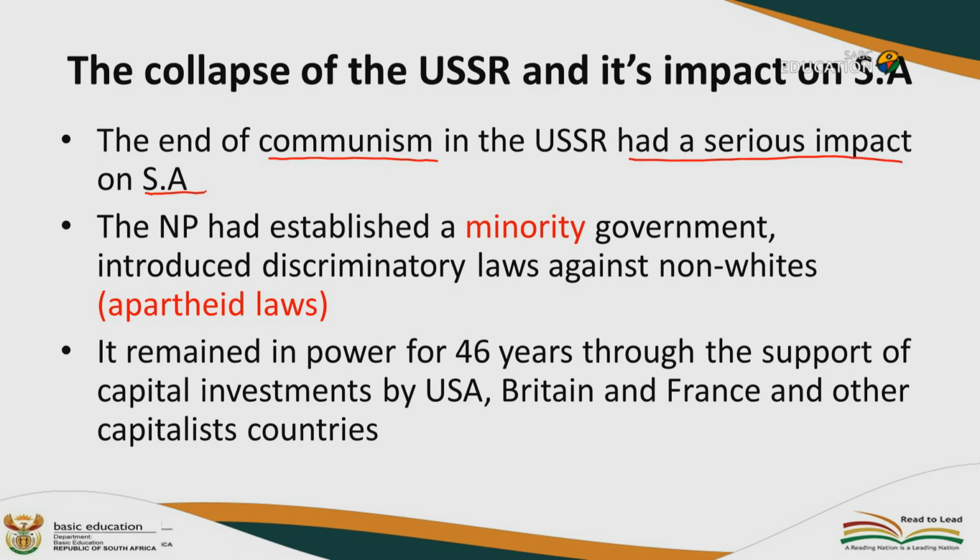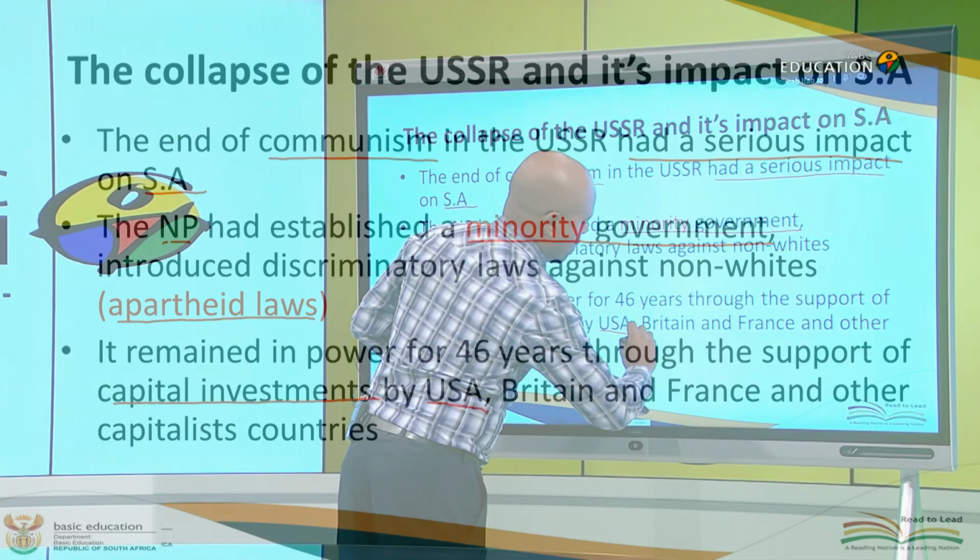The National Party had established a minority government and introduced discriminatory laws against non-white people, a system called apartheid laws. It remained in power for 46 years through the support of capital investments by USA, Britain, and